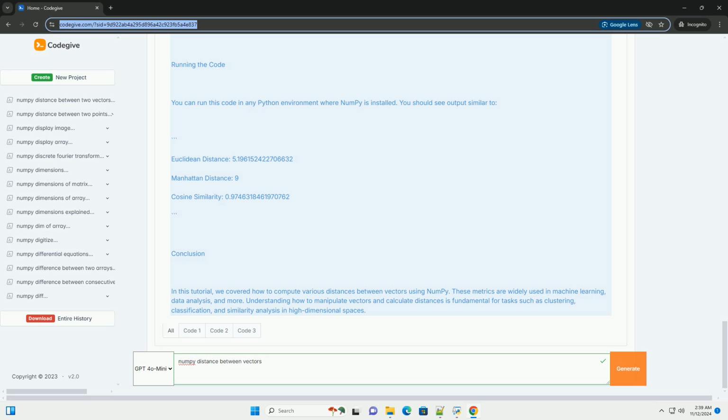Running the code. You can run this code in any Python environment where numpy is installed. You should see output similar to